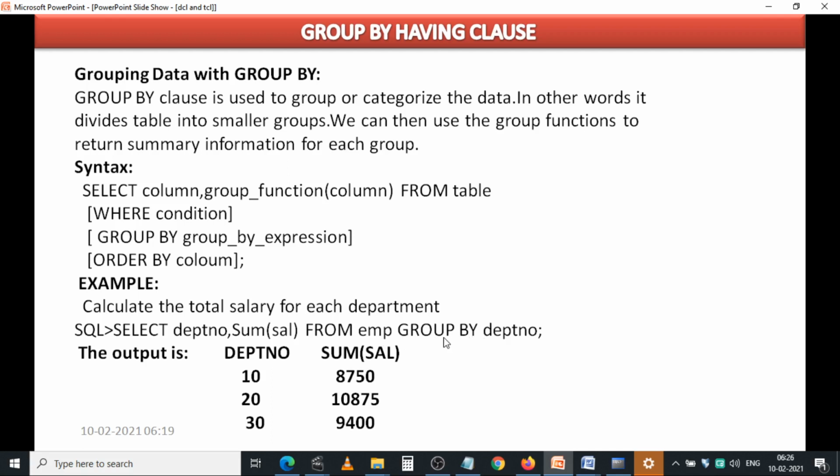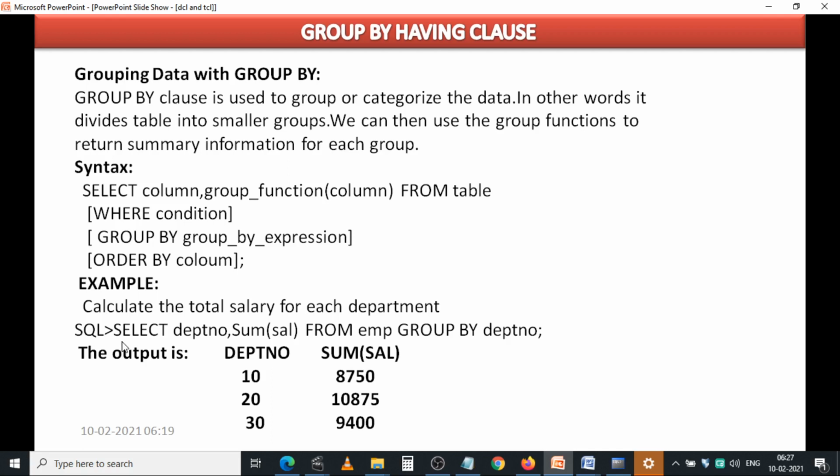Group by, there must be a space between group and by, and next you write one column name, department number. Only this column you select in the select command. No other single columns are allowed in the output. Why?